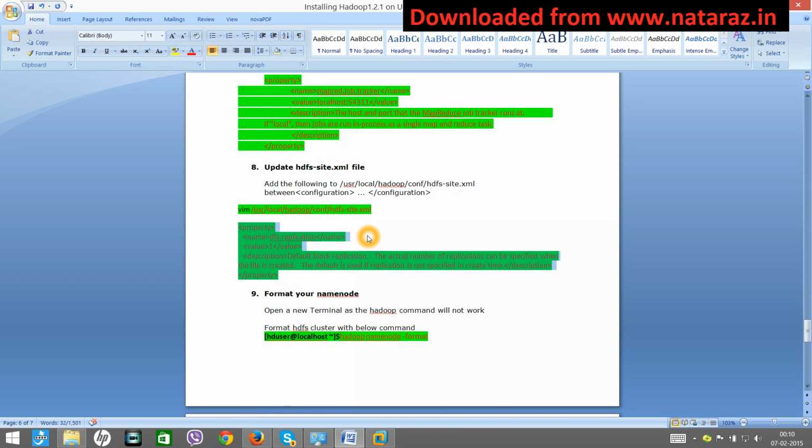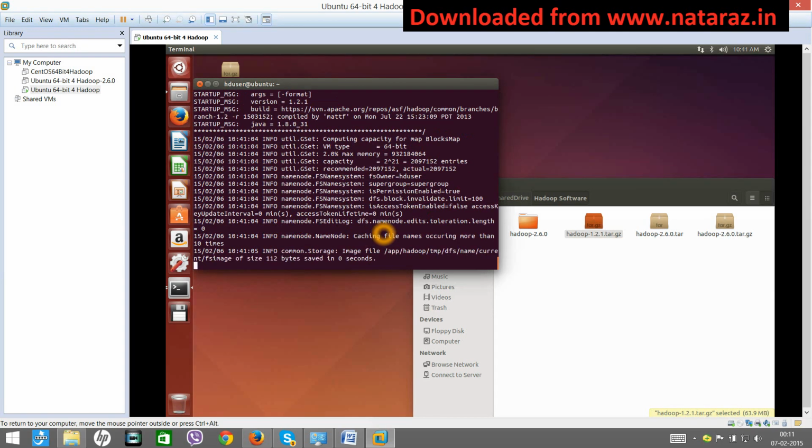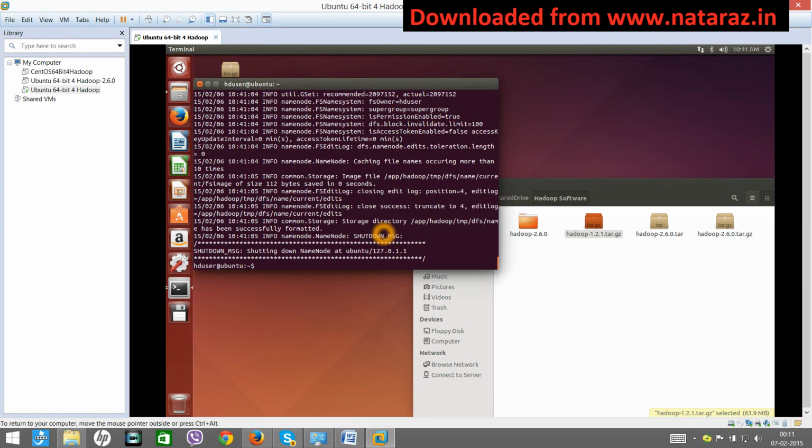Now the next step is to format your name node. Every time you make a very fresh installation, it is always recommended to format your name node. So to format the name node, you have to use this command, right click and say paste, enter. Okay, so I think your name node is formatted successfully.